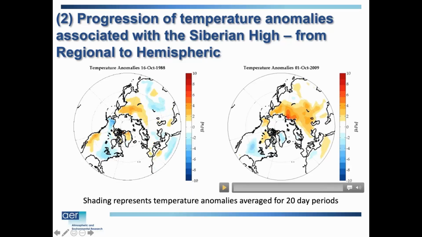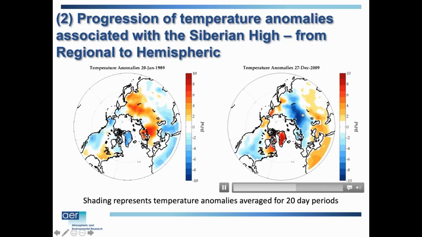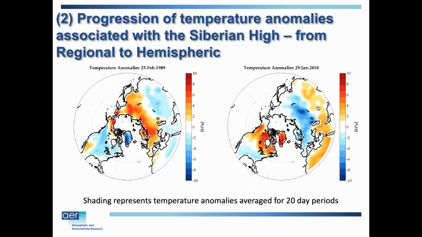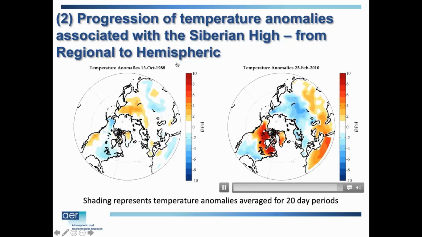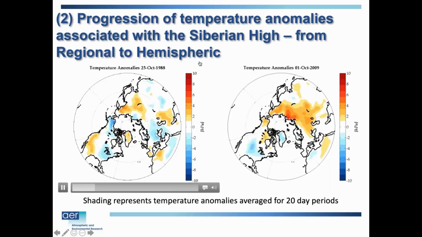And then to contrast that, here's 2009. It started out warm in the fall, but then you have this rapid expansion of snow cover. You can see the temperatures respond. It's cold, and the cold is really limited or isolated to Siberia. It's warm elsewhere in the hemisphere, but as we get into the winter months, you're going to see that cold expand. You can see it expanding to North America, and west into Europe. And this is really the canonical AO pattern that you see. I'm going to show that later. But again, this regional response that happens in Siberia is then mimicked or imitated elsewhere in the hemisphere.